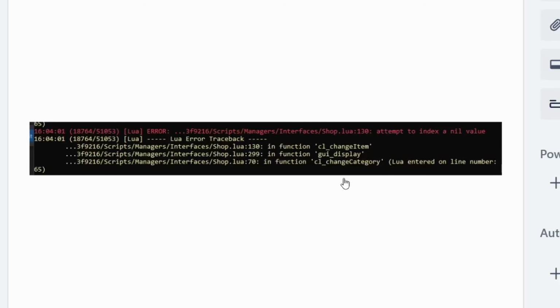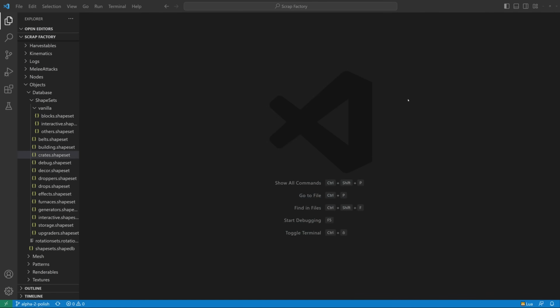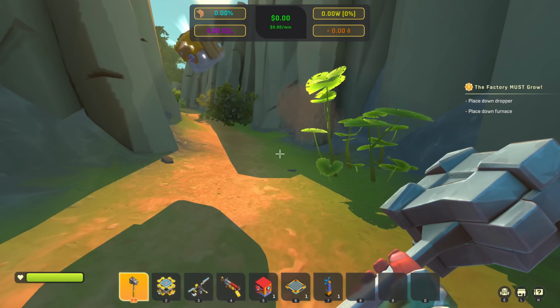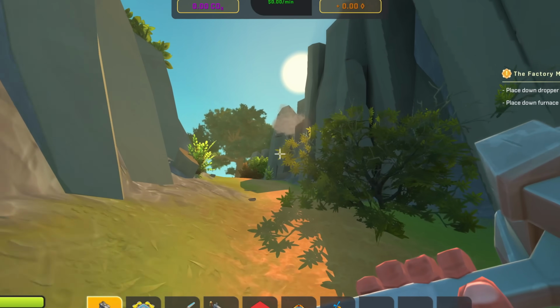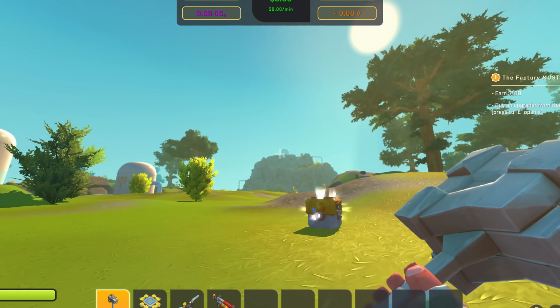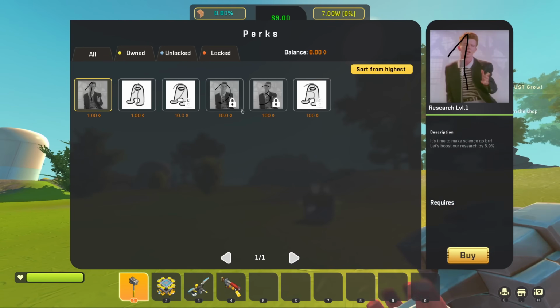So here's a simple shop bug, which is funny since I had to rewrite the entire perk shop. Oh, look how much more fun it is to now play with this. Ooh, I knew what I was doing. It's not funny, but I was fixing the exact same bug in this prestige shop thingy.